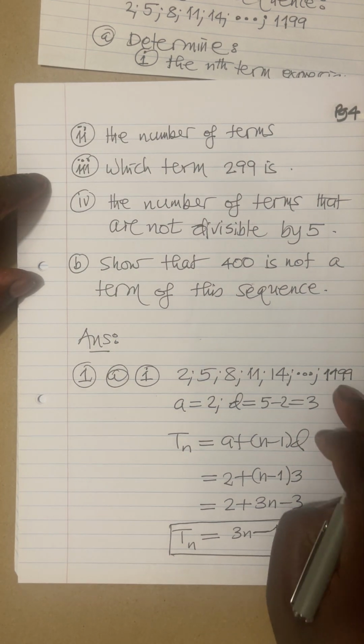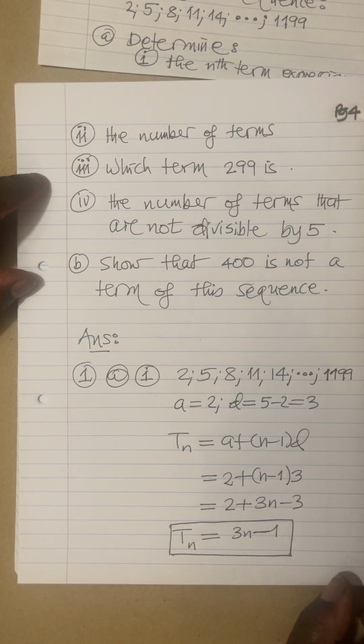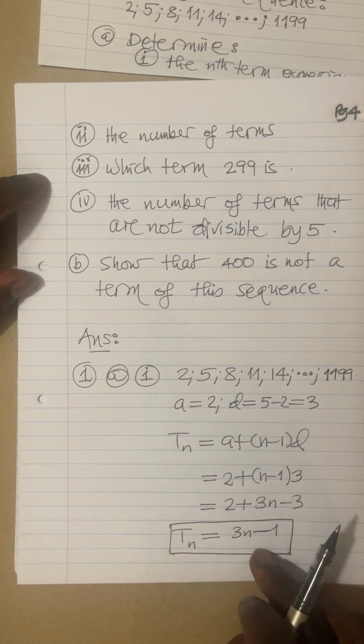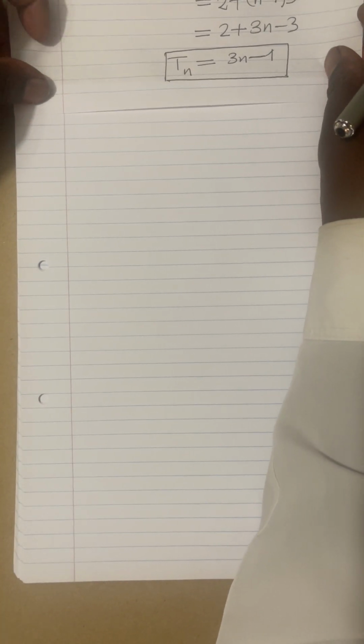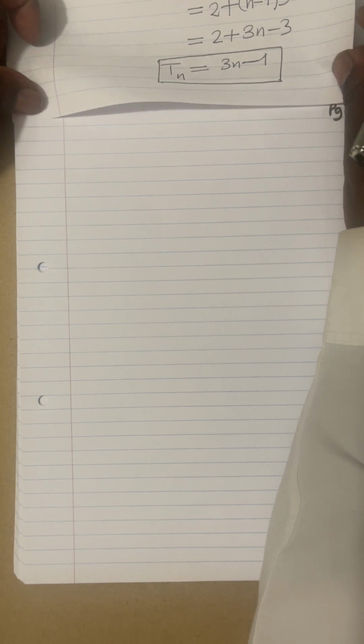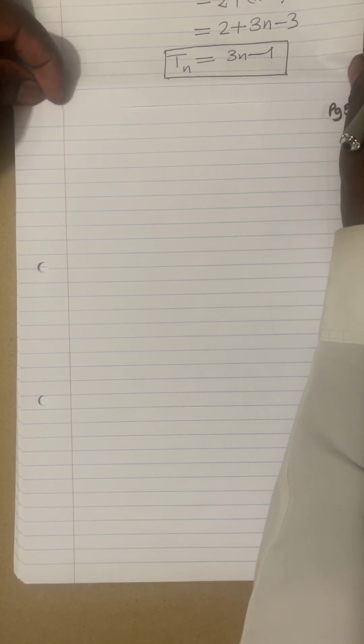In other words, at which position is 1199? So we are going to equate that number to this one now to determine n. Right, so let's go to the next page now. Can you see it there? Yes, you can. So now we're saying number 2,